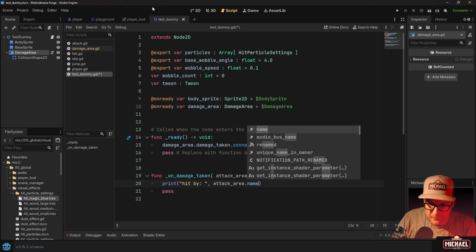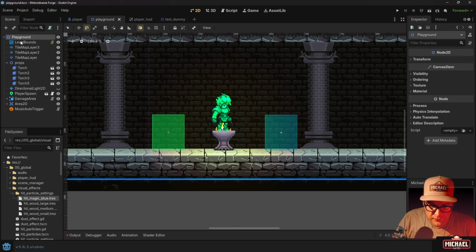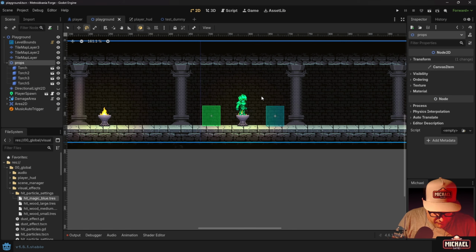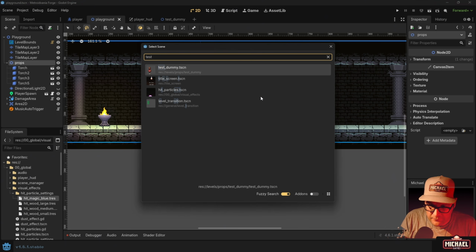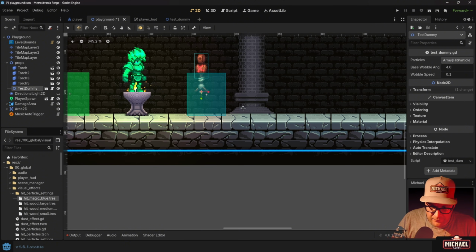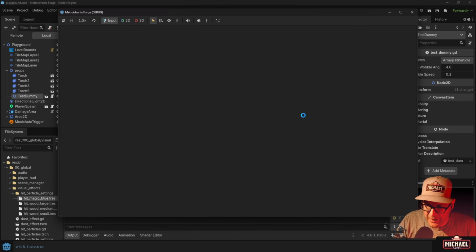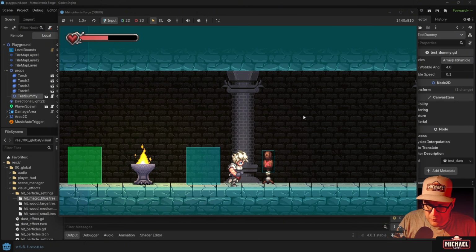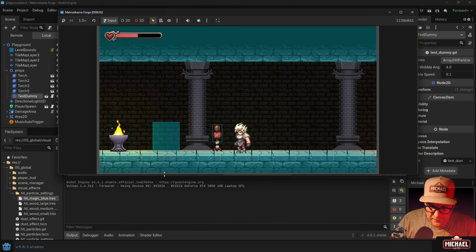Okay, obviously I haven't added a test dummy to my playground yet, so I want to do that. I'm going to just come in here, maybe in my props folder. Let me do a Shift Control A. Search for test dummy. And where is he? There he is. Okay. We'll just drag him right over here, stick him on the floor, and let's go ahead and run the project and see what happens. Not much should happen, but I should be able to hit him. Okay. And hopefully it said, oh,